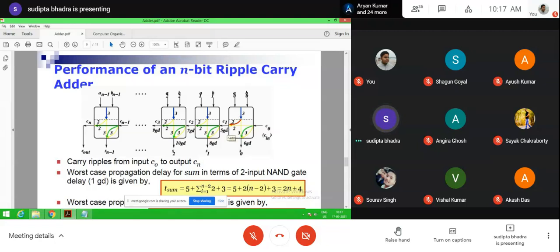Now here you see that after this first C1 is generated, means the first full adder generates the particular carry, then subsequent full adders require only 2 gate delay to generate the carry out, means C2, C3, and here also to get the sum only 2 gate delay is required.